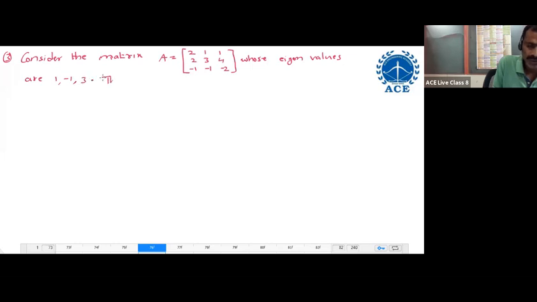Then the trace of A power 4 minus 3A cube is